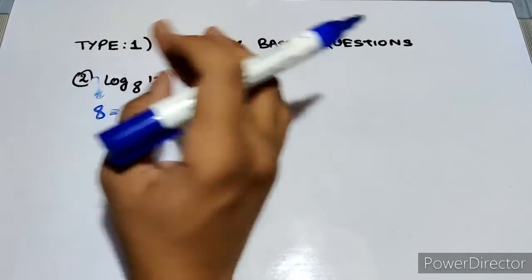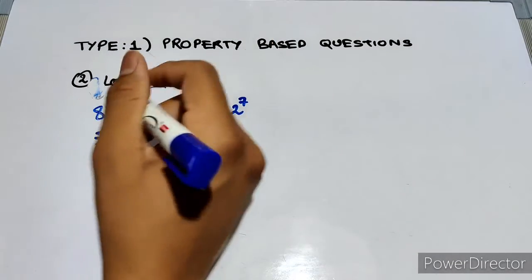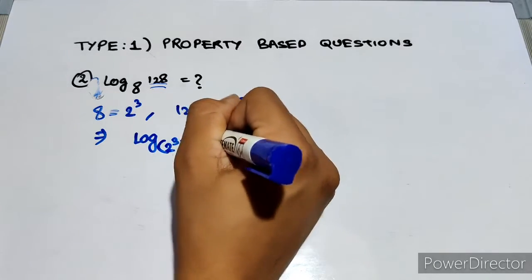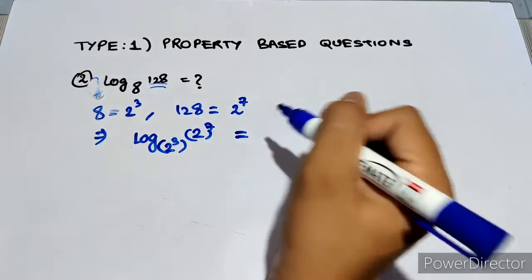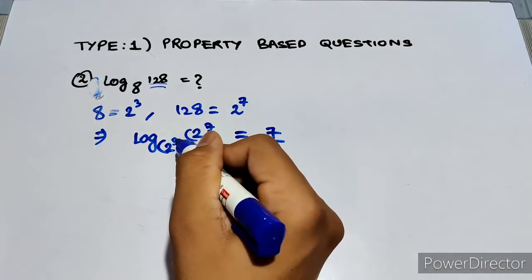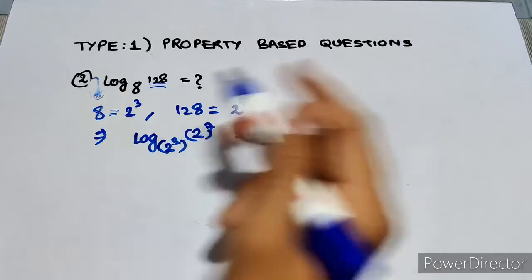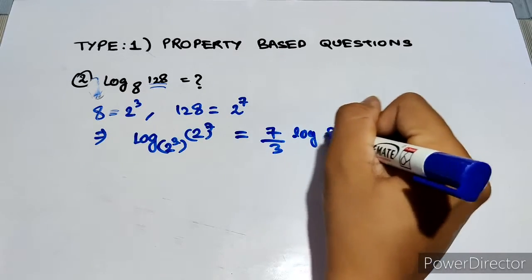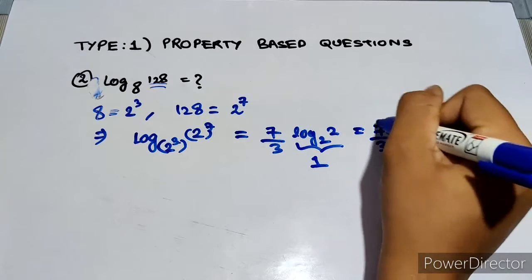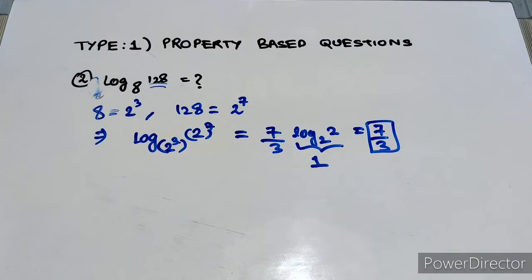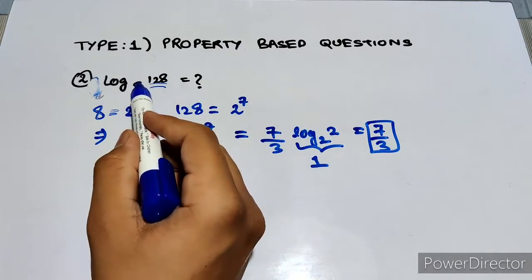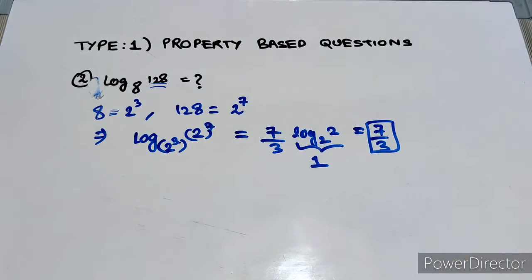So using the similar properties, we can write it as log of 2 to the power 7 with base 2 to the power 3. Now from the properties that we saw in the last lecture, we can write 7 by 3, where the 3 comes as 1 by 3 and the 7 comes as a product. So it will be log 2 base 2, this thing will again become 1, and hence the answer is 7 by 3. In this question it is not clearly visible how 8 can be written as a power of this, so that's why we break it down into 2 and it becomes very easy for us.